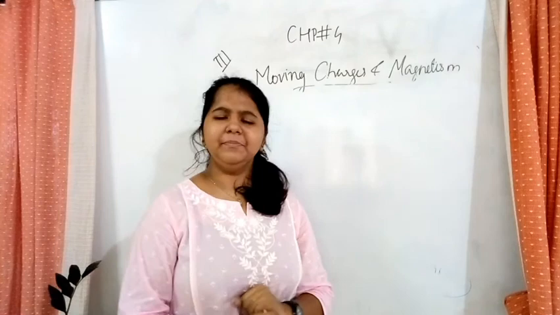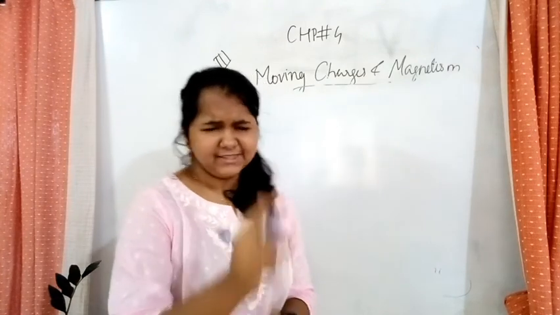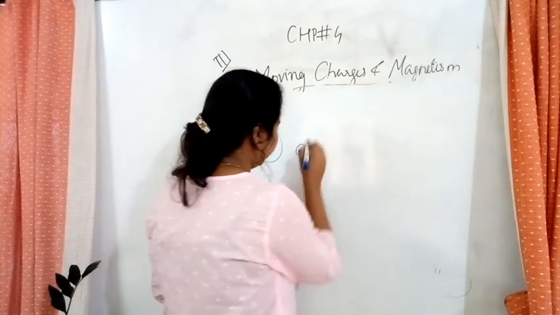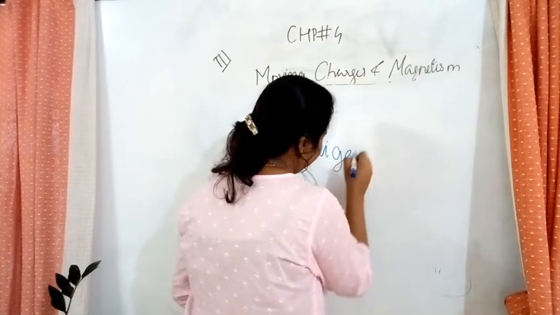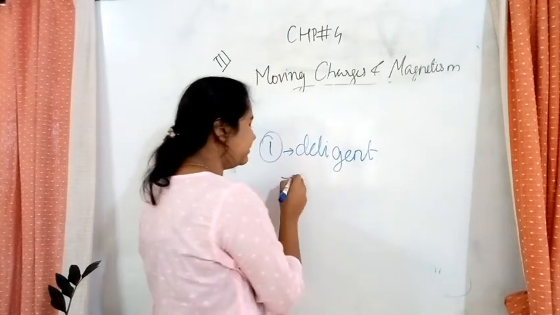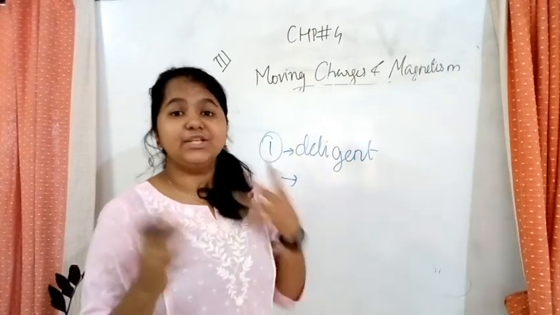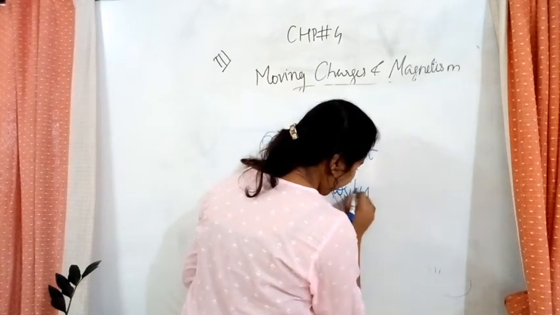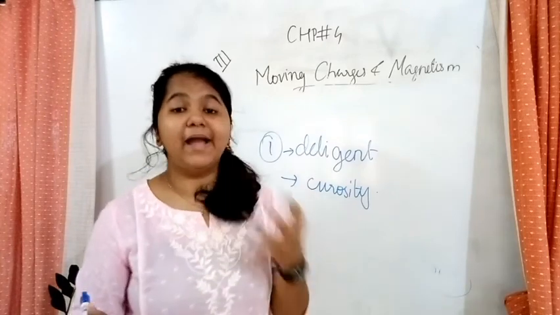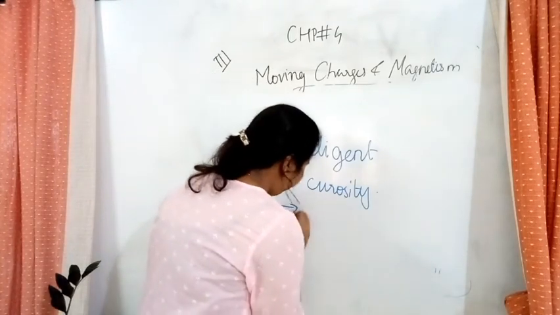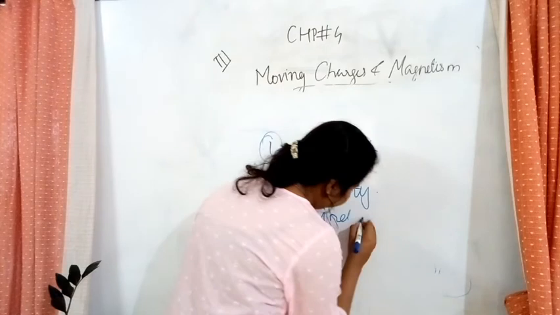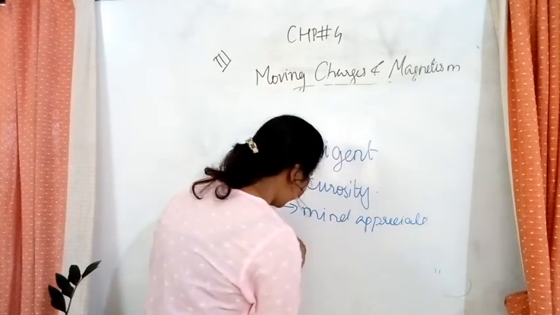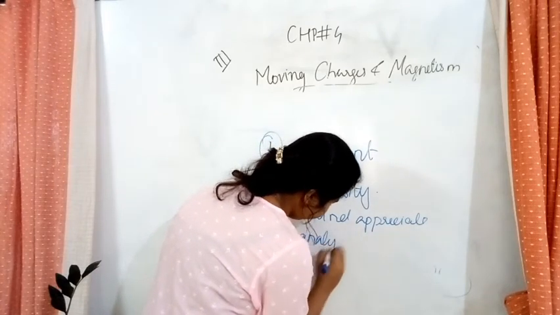So, what would be the quality that she has? The first quality that we can write is she is diligent. Am I right? And also, there are so many qualities. She has the nature of curiosity, and there are a lot more. You can write anything. She has a mind of appreciation, a mind to appreciate others, analytical knowledge, etc.